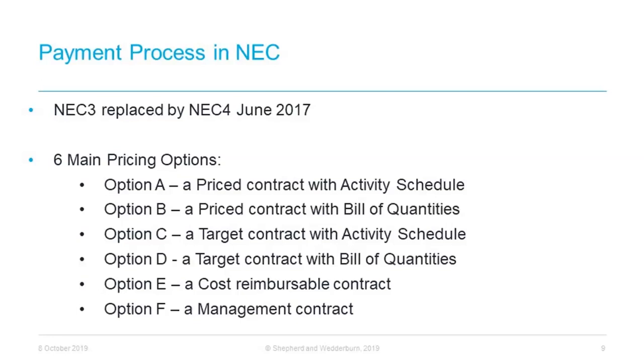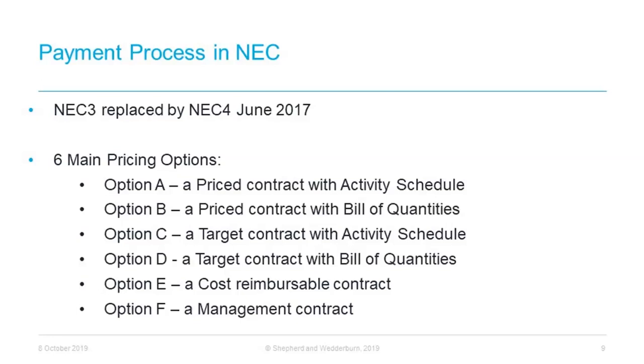NEC, as you will probably know, provides for 6 different main options, catering for a range of pricing and payment approaches. These options are helpful in accommodating different basic allocations of risk between the employer and contractor, whilst maintaining consistency in procedural matters with the core clauses. The 6 main options are on the slide there. Option A being the activity schedule, option B being a price contract with bill of quantities, C, a target contract with activity schedule, D, a target contract with bill of quantities, E, a cost reimbursable contract, and